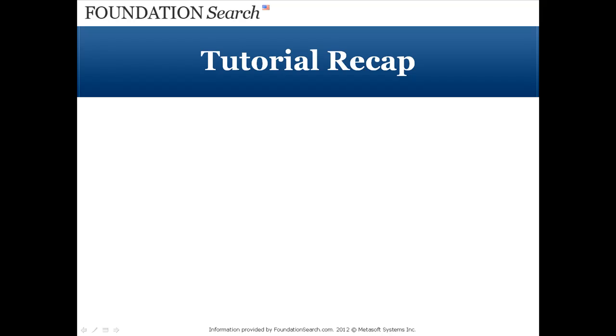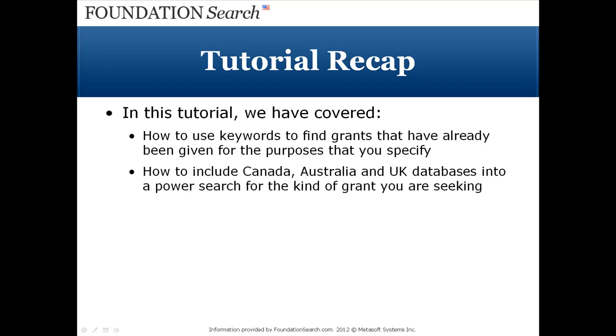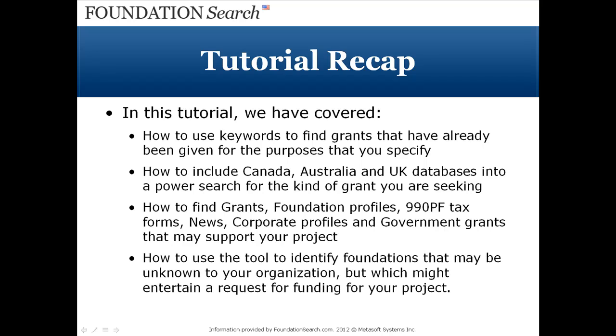Tutorial Recap. In this tutorial we have covered how to use keywords to find grants that have already been given for the purposes that you specify, how to include Canada, Australia, and UK databases into a power search for the kind of grant you are seeking, how to find grants, foundation profiles, 990 PF tax forms, news, corporate profiles, and government grants that may support your project, how to use a tool to identify foundations that may be unknown to your organization, but which might entertain a request for funding for your project,